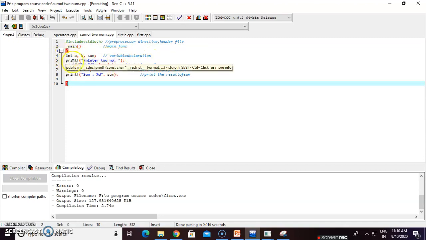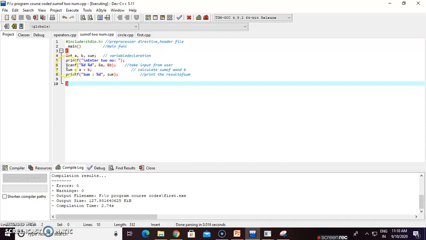Next we print a statement like "enter the two numbers". Then scanf. Keep in mind the two functions. printf is for printing a statement or result to the console, and scanf is for taking the input from the user.